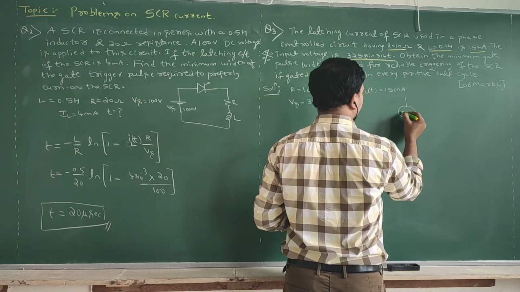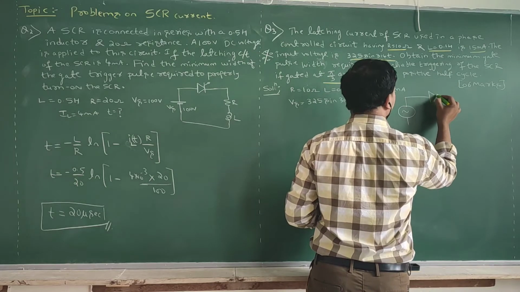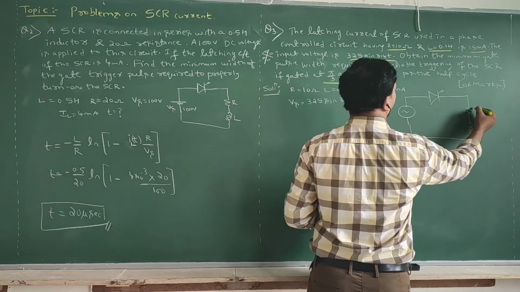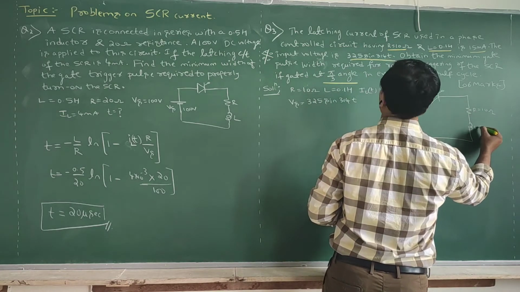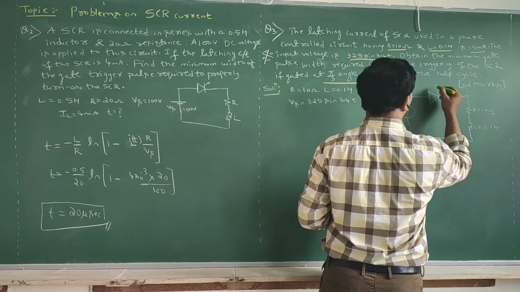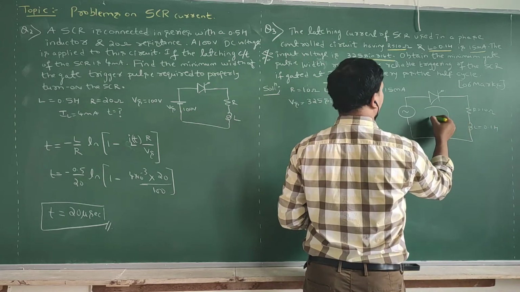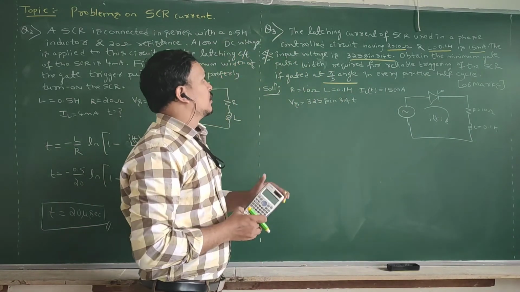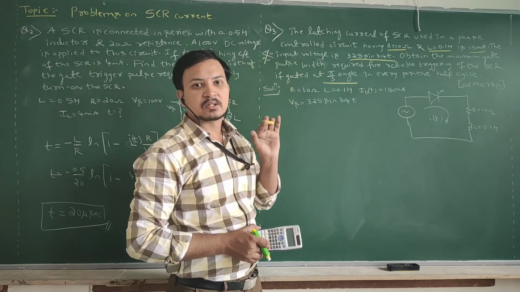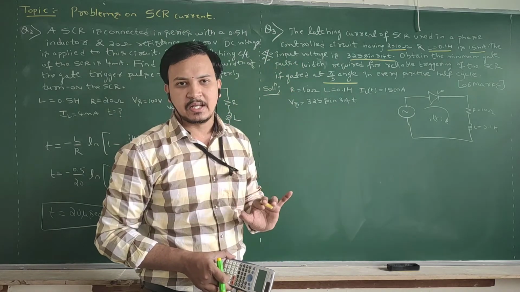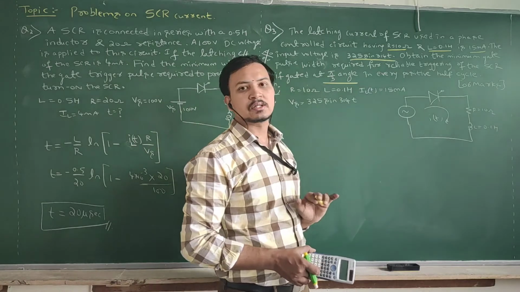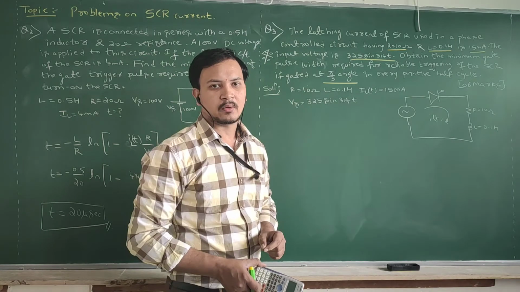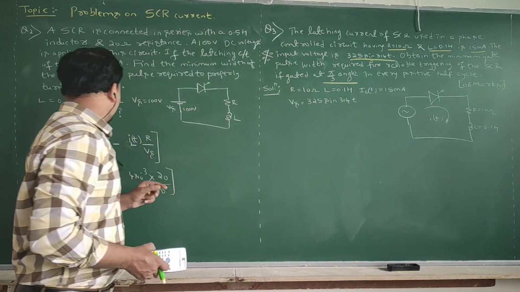Dear students, the circuit is the same, but they have now given an AC voltage. Okay, what is the resistance value? 10 ohms. What is the inductor value? 0.1 Henry, and this is the thyristor. I need to find the current I of t in this. Again, in this problem also they asked what is the value of the pulse width required for reliable triggering of the SCR. Okay, for that the given latching current is 15 milliamp. To get this current, what time will it trigger? Okay, got it?